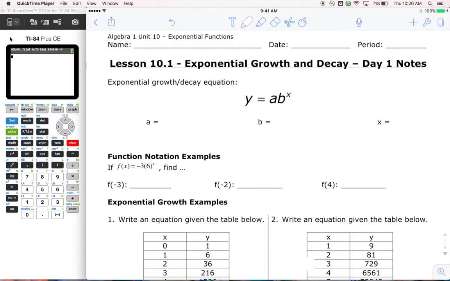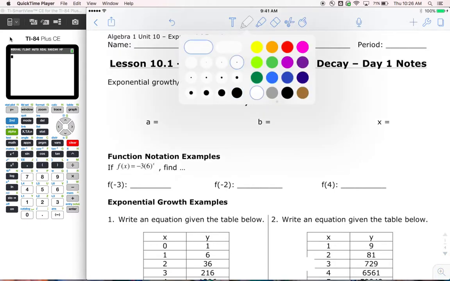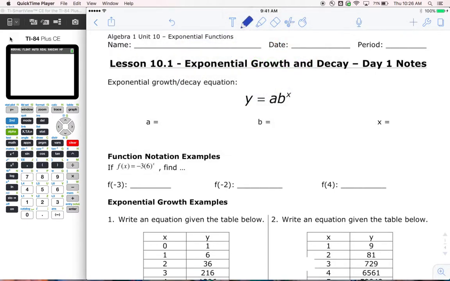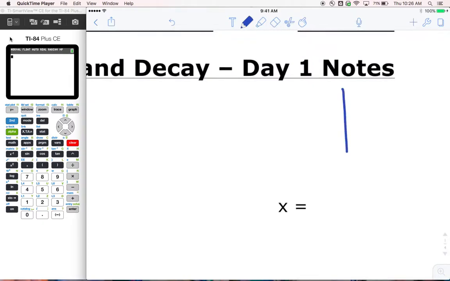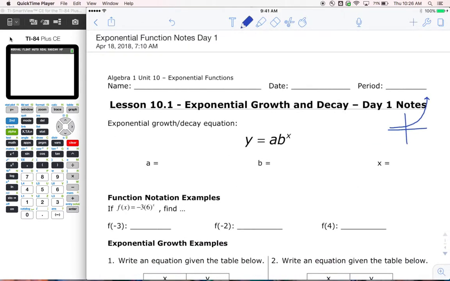Lesson 10.1, Exponential Growth and Decay. This is a brand new formula for us, and it's our first unit on exponential growth. Just to give you a heads up about what we're looking at here. Exponential growth, if we saw it on a graph, would look like this. Okay? Exponential growth starts out growing slowly, and then it starts to go very, very quickly after that. So that's an idea of what this function looks like, and we will look at that more tomorrow